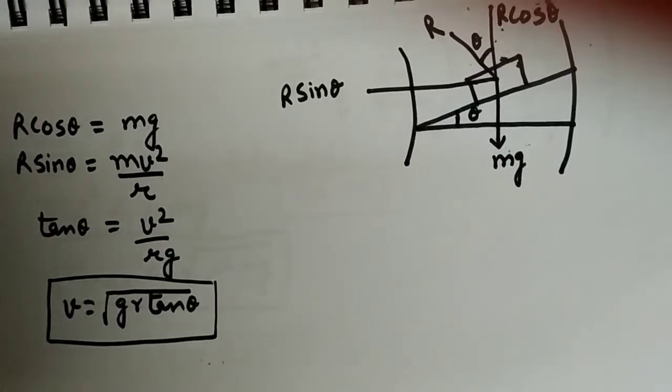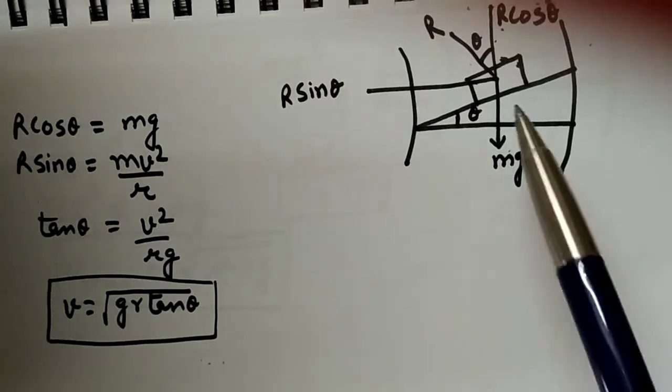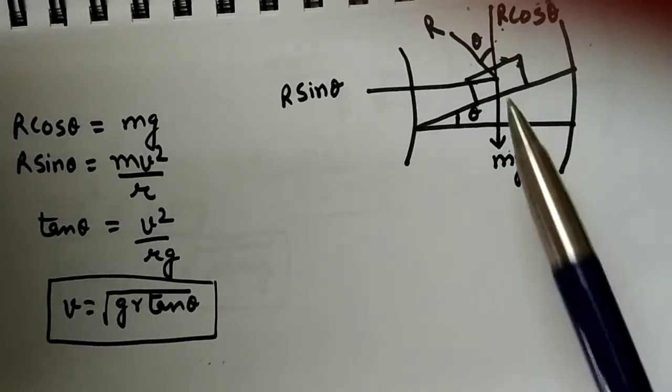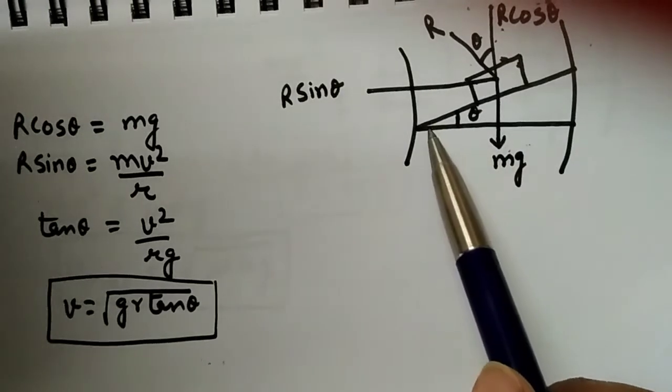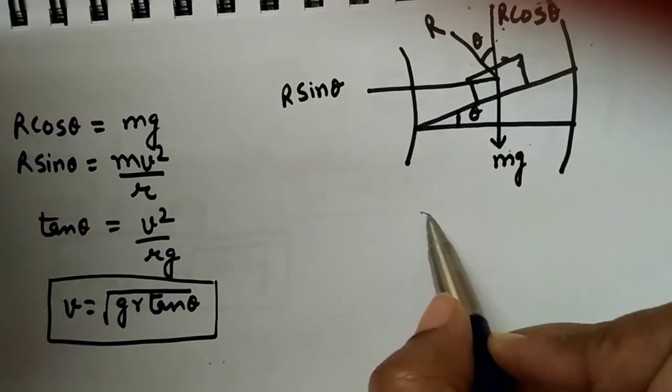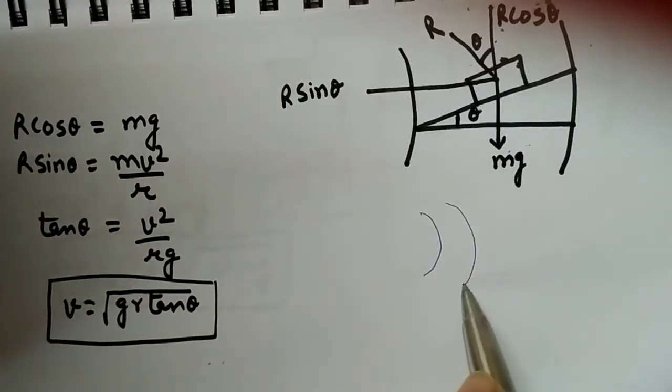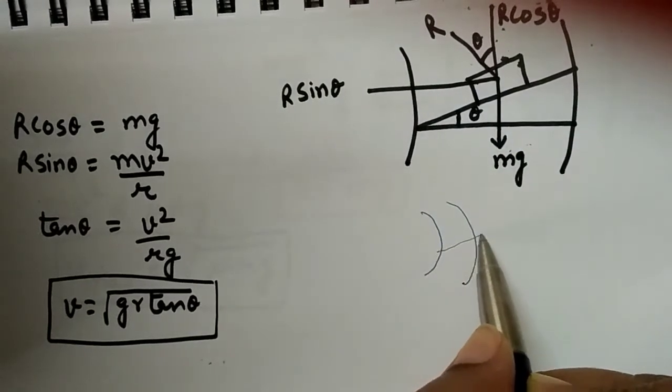Similar to the previous derivation, this time just assume that one car is taking a curved path. But as we know, a whole car cannot bend like a cyclist. So what will we do while designing the roads? You may be noticing, maybe not noticing, the road is always curved. So if the road has to turn like this, it will be banked.